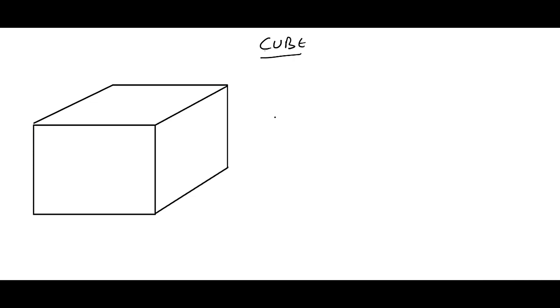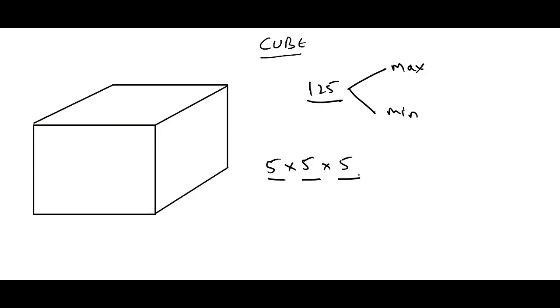Let's see how to calculate the number of cuts. A larger cube is cut into 125 small identical pieces, and we have to check how many cuts are required to make these 125 pieces. Now there will be 2 options, that is the maximum cuts and minimum cuts. Now let's see, if we make all the cuts on 3 planes, we have to make 5 pieces on plane 1, 5 pieces on the other plane, that will become 25 pieces, and 5 pieces on the third plane, which will give 125 pieces.